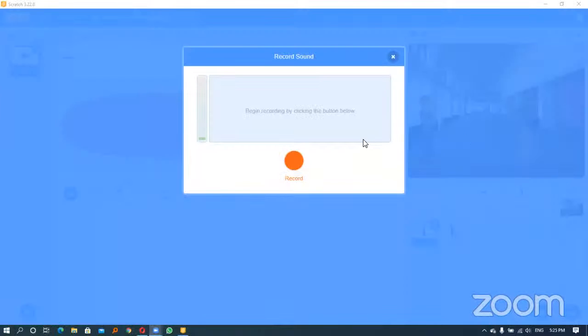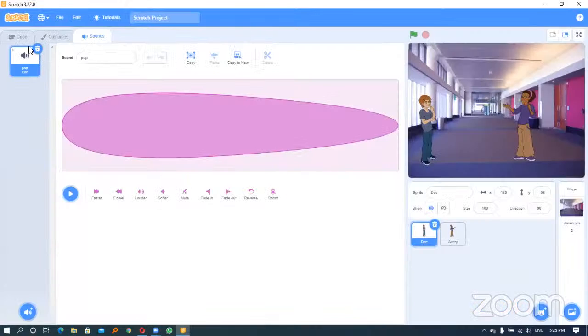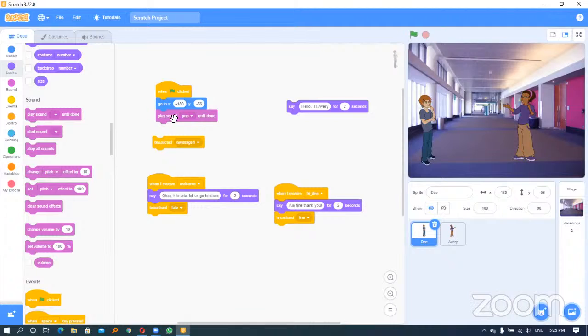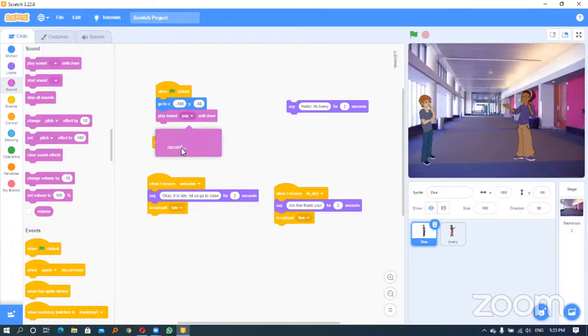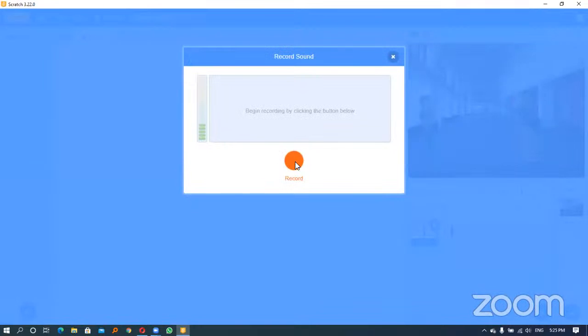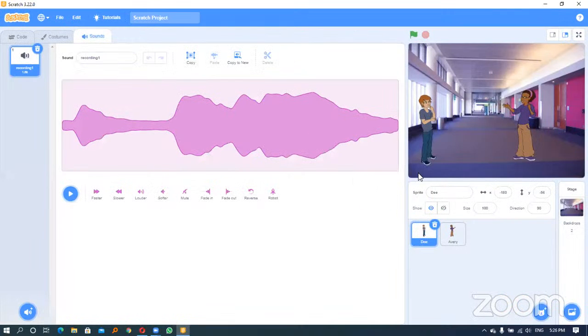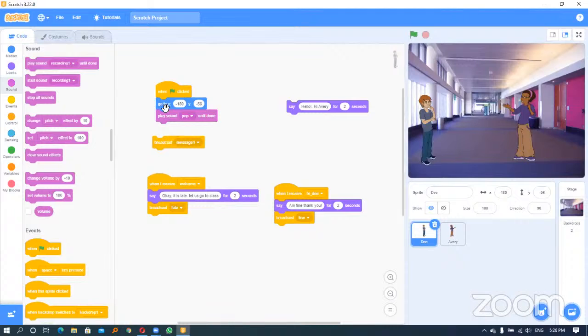Now I can see it. Yeah, so when you come to record, and the code, you come here and instead of using this, you come to sound and you use play sound. Then you click here and then you say record. And say now, we're going to start recording. Hi, Avery. So when I come in here, I choose recording one, so that when I click the green flag,